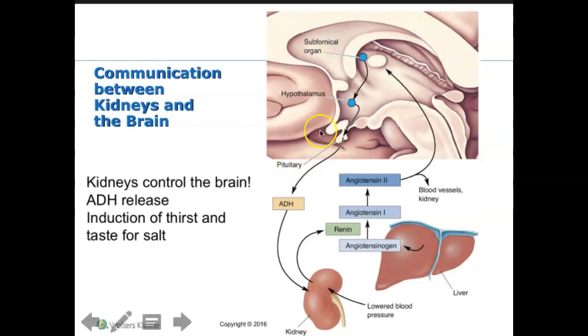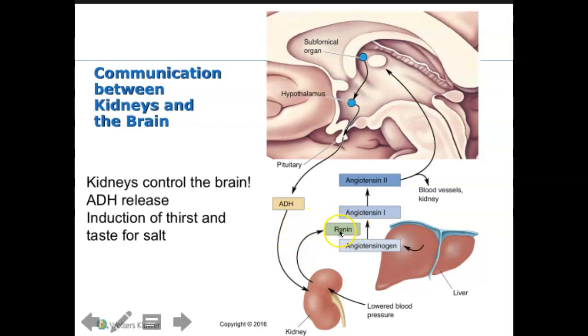What happens here? Under conditions where there is a decrease in the blood pressure as a result of loss of blood volume, which is going to happen when we are dehydrated, ADH is released by the posterior pituitary. Okay, so this is released directly by the posterior pituitary hormones. Now this hormone is going to act directly on the kidneys, and as a result of it, the kidneys are going to